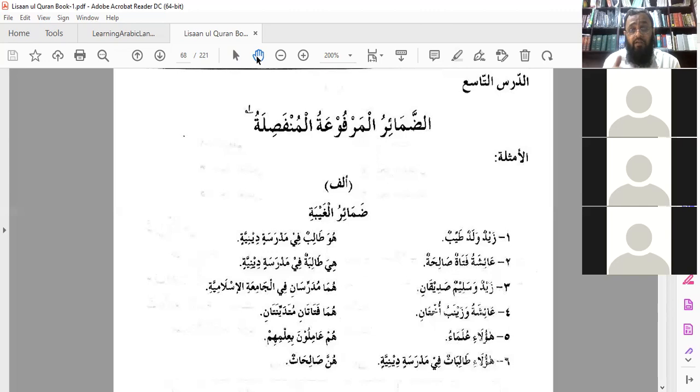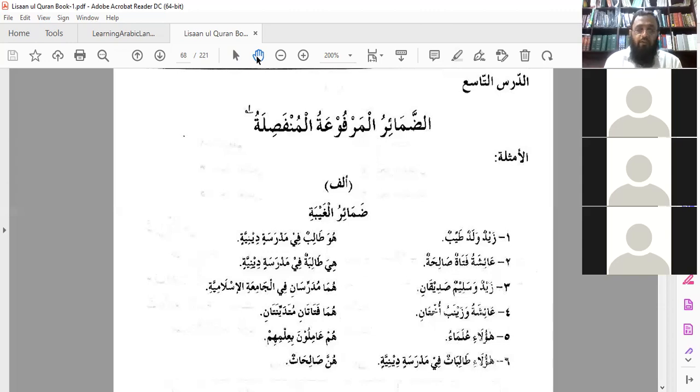Now let's talk about al-mukhatab, the second person to whom you are speaking. For al-mufrad al-mudhakkar al-hadir, anta. For muthanna al-mudhakkar al-hadir, antuma. For jama al-mudhakkar al-hadir, antum. Three words. Now we have completed nine.